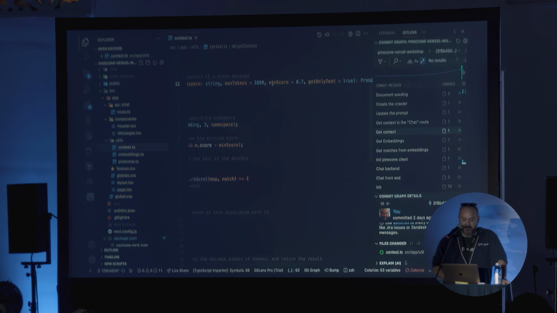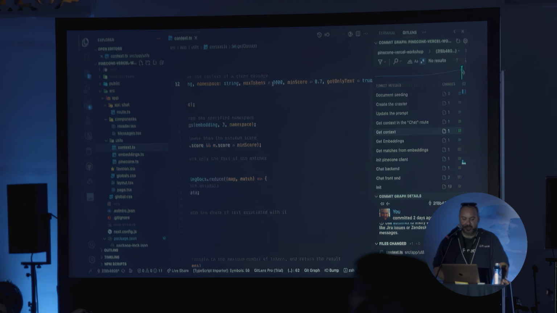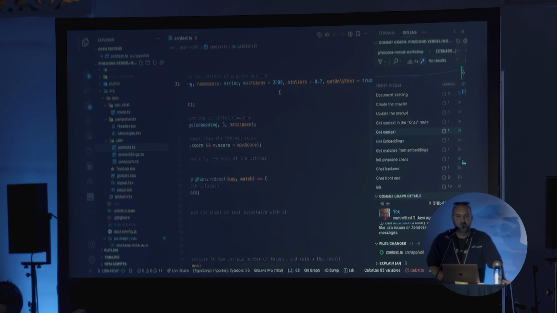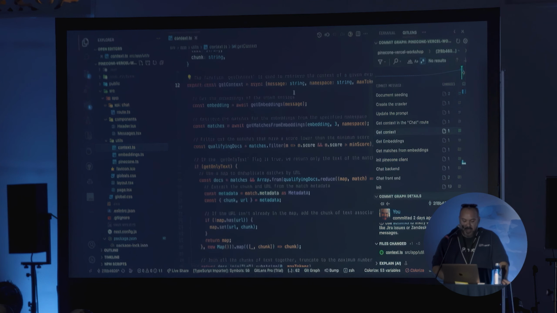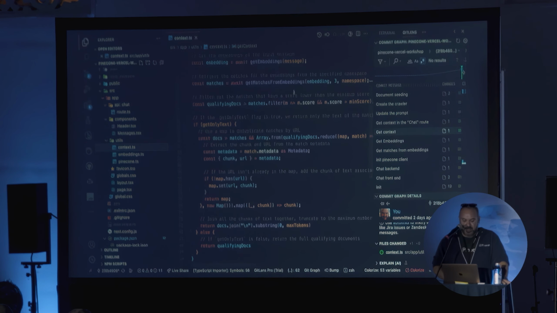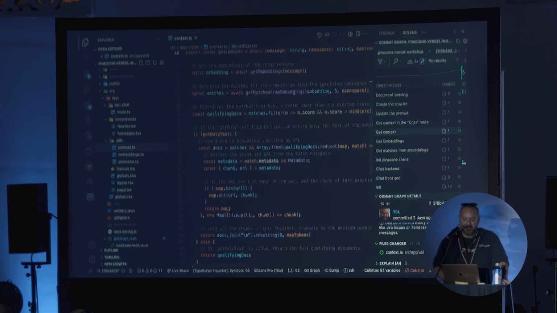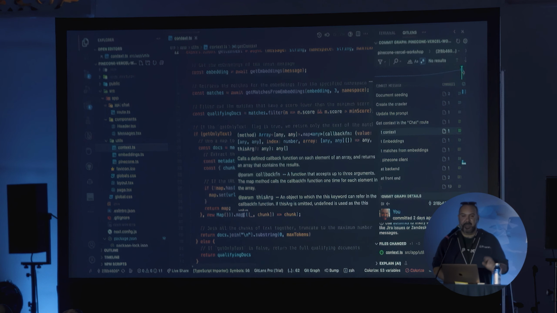We have some minimal score of similarity that we're enforcing on this context retrieval, right? So we can decide that we want this to be incredibly accurate and only include results that pass some threshold. And we have two forms in which we can get this context back. We could either get just the text, or we can get all of the documents back as they are stored